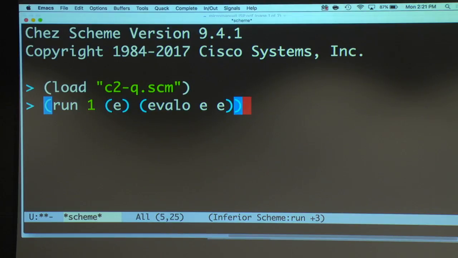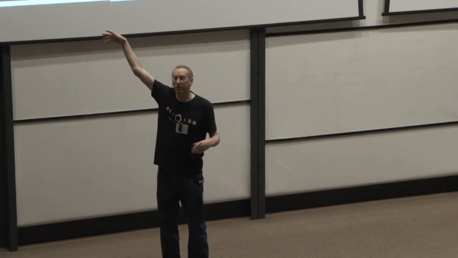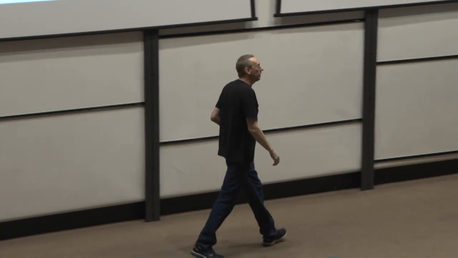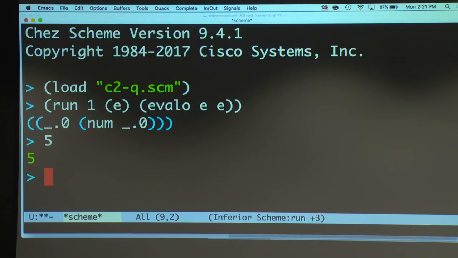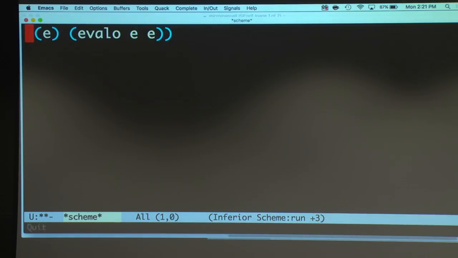In this particular interpreter, the first answer is an abstract integer, or a number. So any number is indeed a quine in Scheme. If I type in 5, that evaluates to 5. Great.